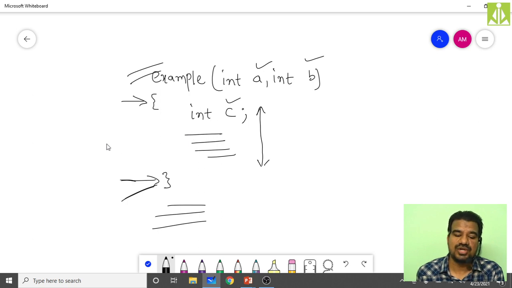Outside the scope, if you try to access them, you will get errors. Your compiler will give an error that these variables are undefined at this location.